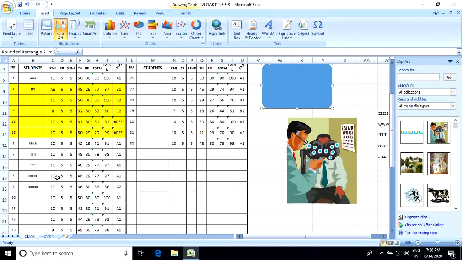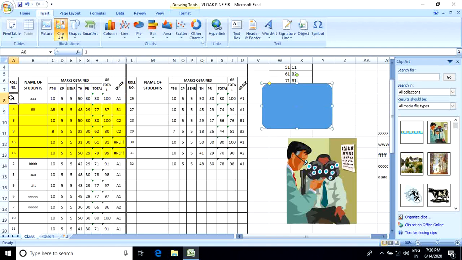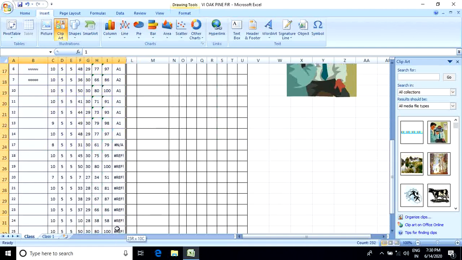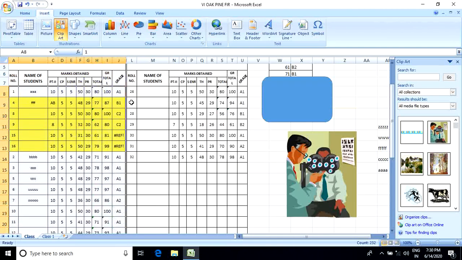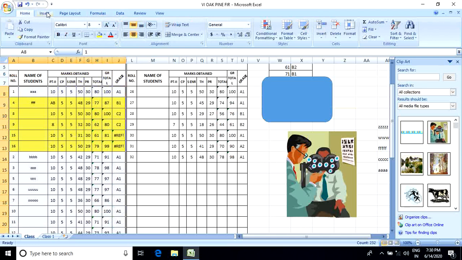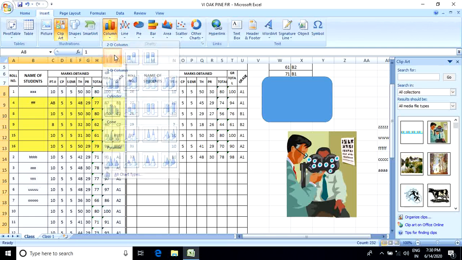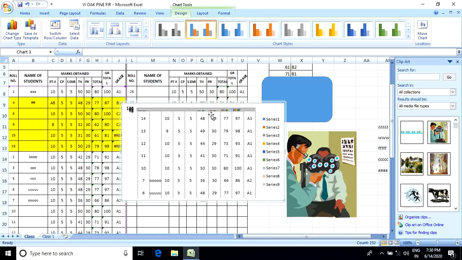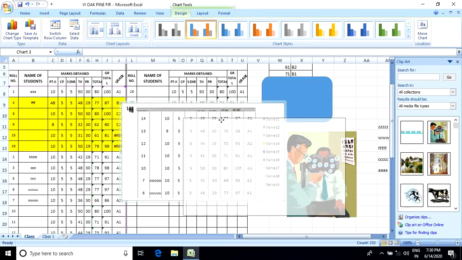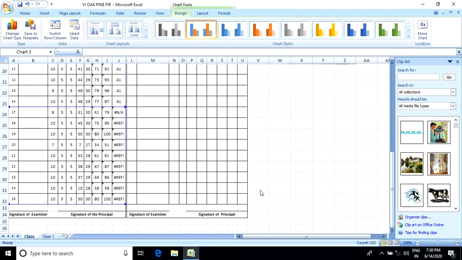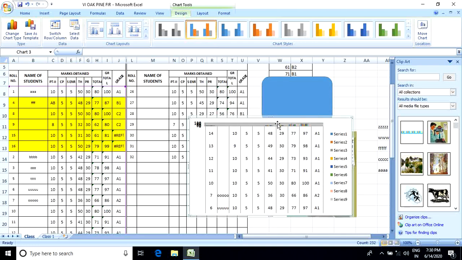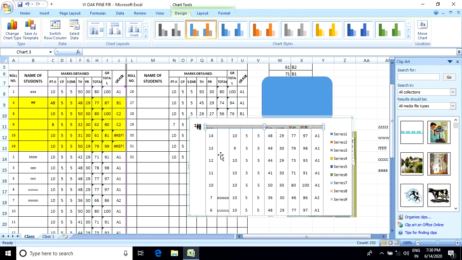So suppose we want to add this portion into a graphical presentation. Then go to insert and column chart. Look at that. These are the values we entered here in the column chart.